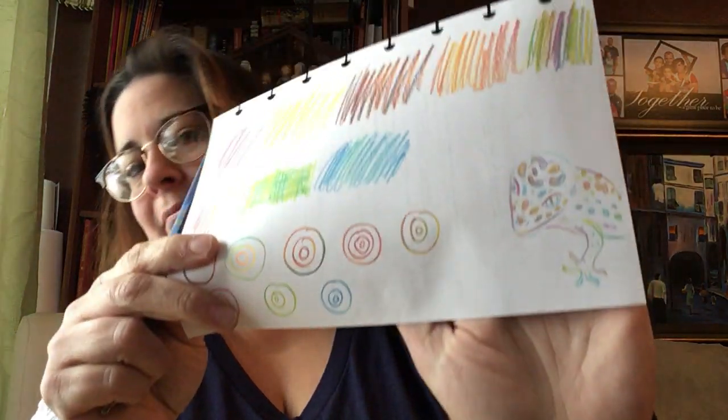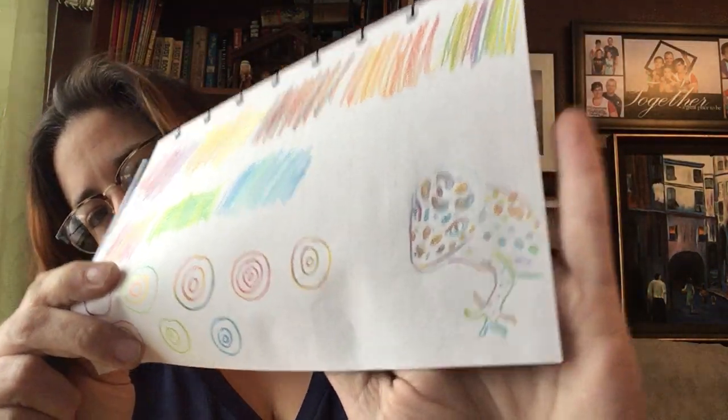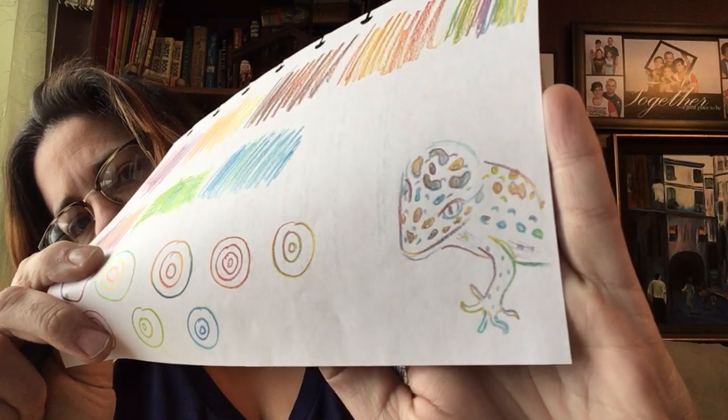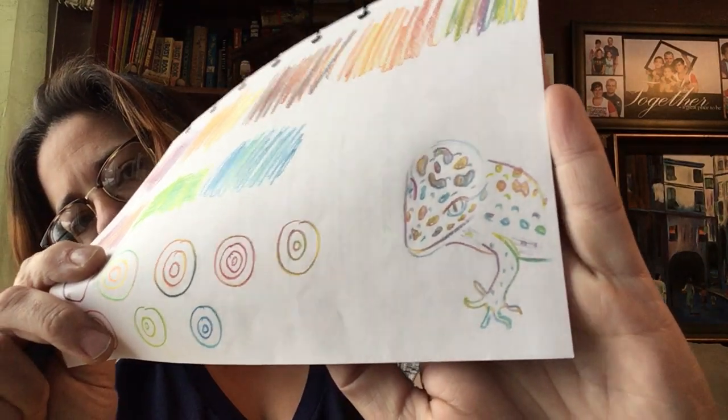There. That does not look great, but that's okay. See? There we go. Now you can see how when you color in with them, if you have a fairly light hand and you rotate the pencil as you go, you can get some cool effects. So, would I use these for coloring in like a flower? Not this guy. Maybe the...